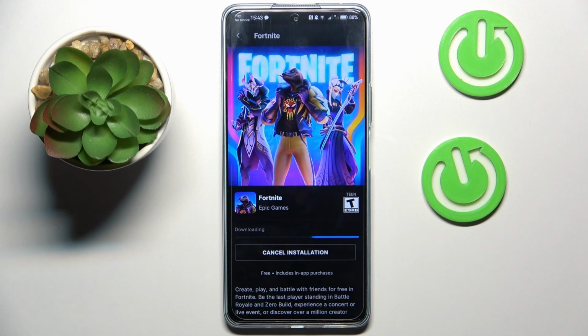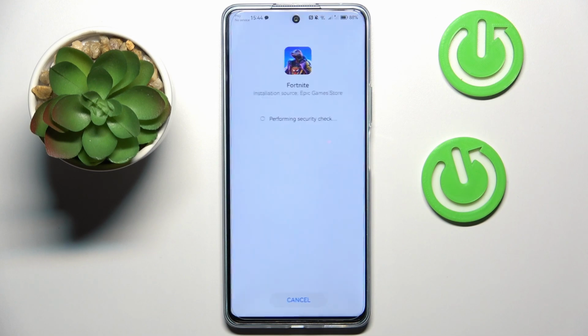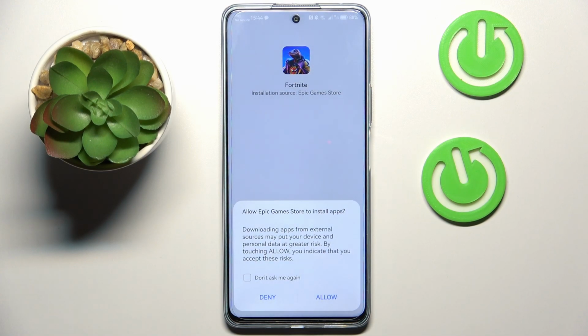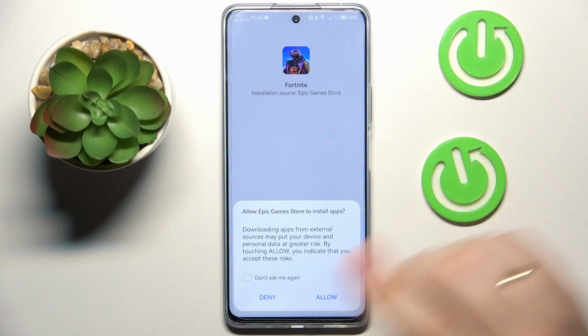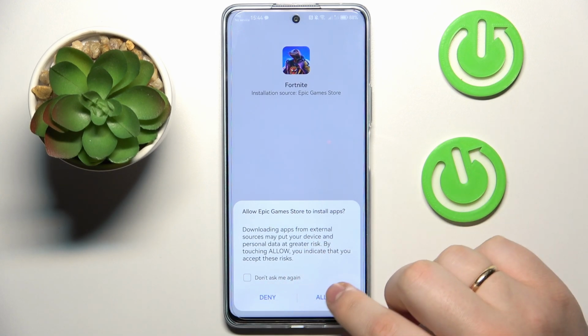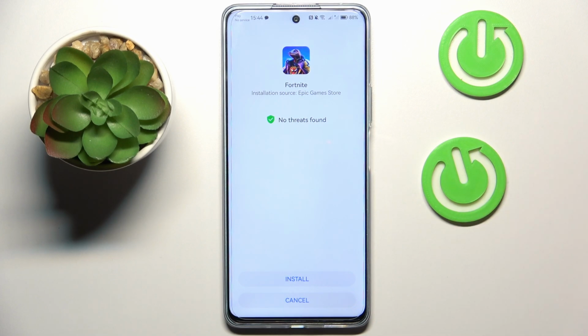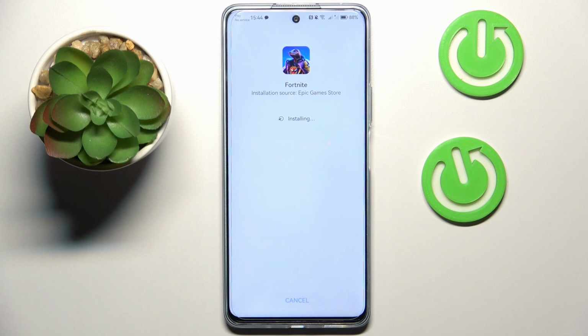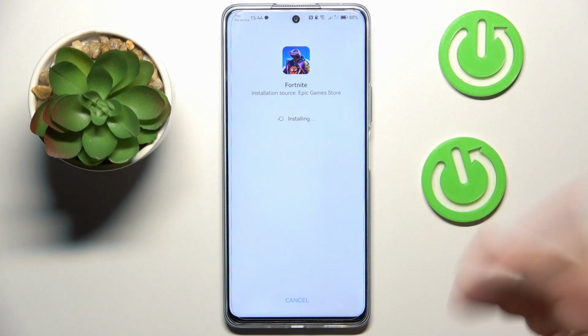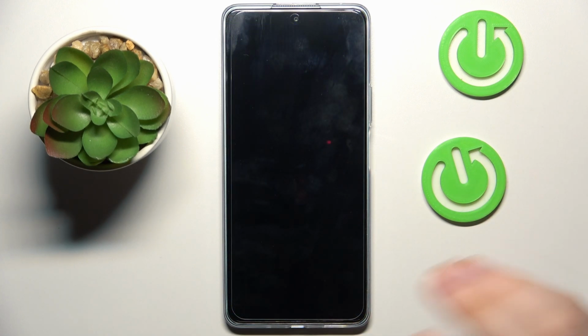So let's simply wait for now. So as you can see, once the Fortnite game files were downloaded and the game itself is ready to be installed, the system will once again ask that we grant the install from external sources permission, this time to the Epic Games Store. So do exactly that, then confirm the Fortnite installation, and once it gets finished, open the game